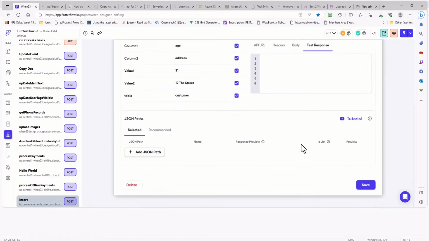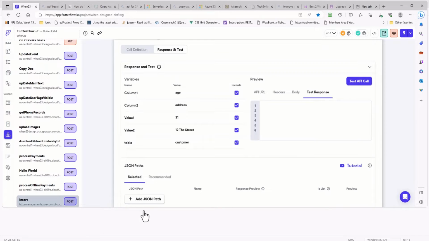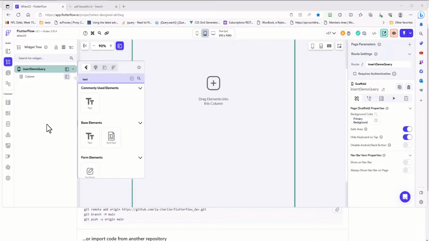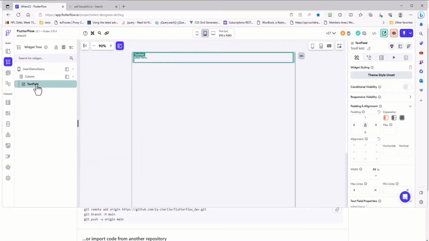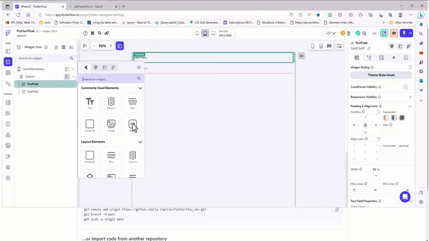So what we can now do is go over to somewhere in FlutterFlow and see what it looks like from that perspective. I'm just going to create a really quick page. I'm going to add to this 2 form elements. Let's just duplicate that one for the age and one for the address. Okay, so we're going to Control D for duplicate, and then I'm going to add a button,